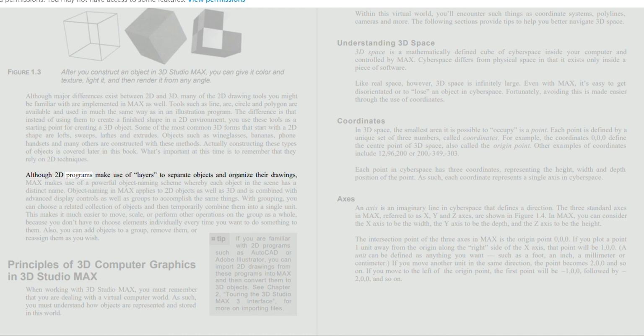Although 2D programs make use of layers to separate objects and organize their drawings, Max makes use of a powerful object naming scheme whereby each object in the scene has a distinct name. Object naming in Max applies to 2D objects as well as 3D and is combined with advanced display controls as well as groups to accomplish the same